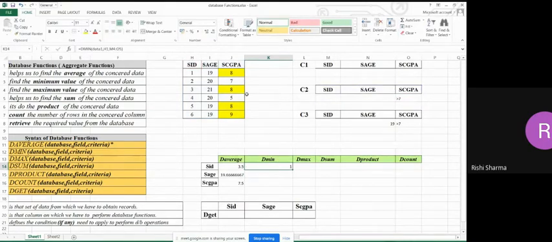And what if I make CGPA 7? What would be the answer? What I'm saying is, what is the minimum value of the student when the CGPA is 7? So what should be the answer, guys? If you see over here, if the CGPA is 7, there is only one student whose CGPA is 7, so the answer should be 2. Let's see. I have done CGPA here 7. Let's see what the answer will be. So the answer is 2.